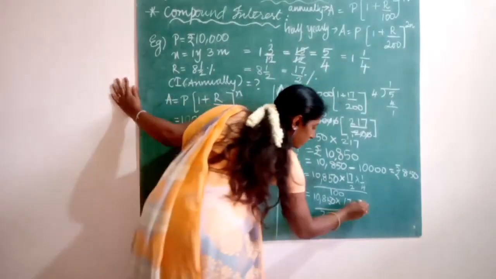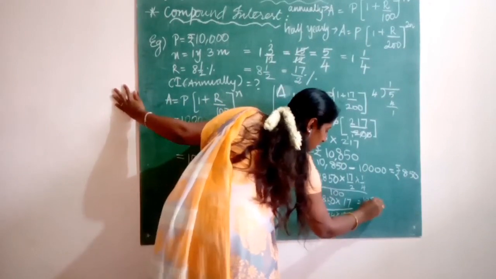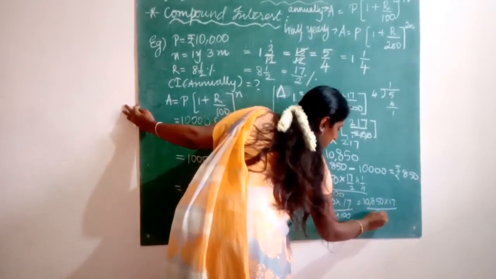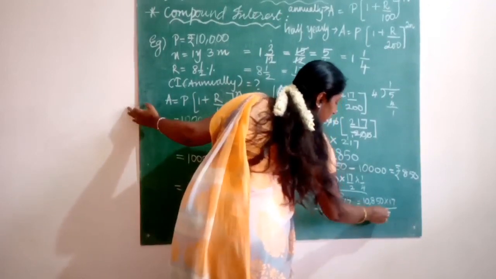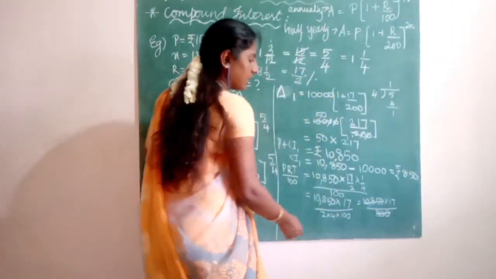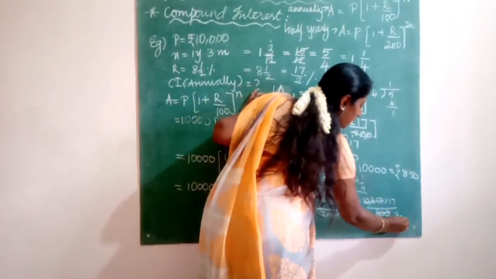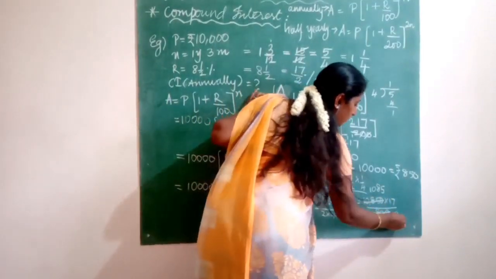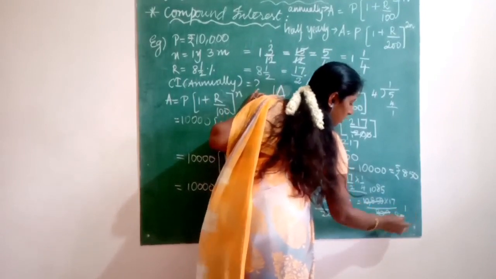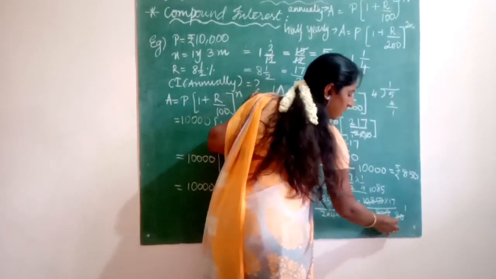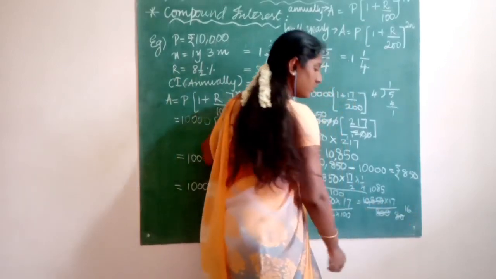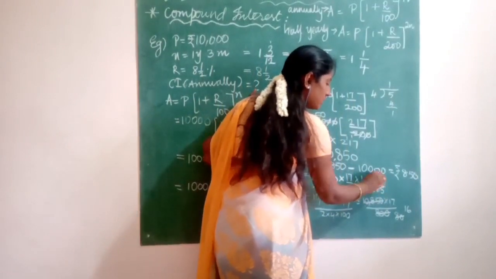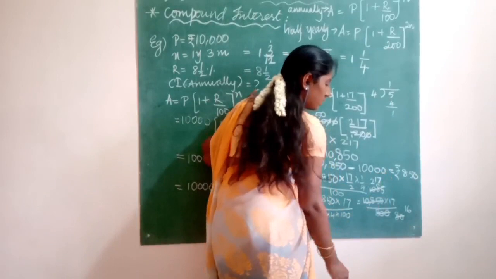And that is nothing but into 17 divided by 800. Now 800 and this one you can cancel. You can cancel this in 10 tables, so this will become 80. This will become 1085. Now cancel in 5 tables. This will become how much? 5 ones are 5 and 3 will be left out, 16. Next, this one cancel in 5 tables. 5 twos are 10. 5 ones are 5. 3 is left out. So 217.